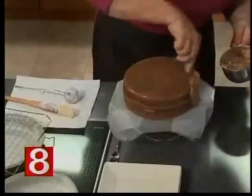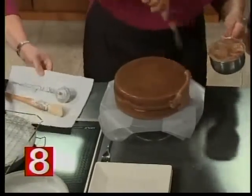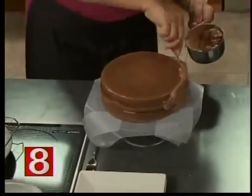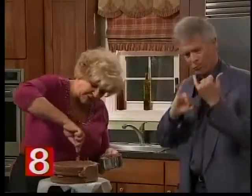Now, you see I'm using an offset spatula? It's not straight. It has a little bit of a bend in it. And that helps you to keep your fingers out of the soup when you're doing this, because when you start frosting, if you have a straight spatula, sometimes...